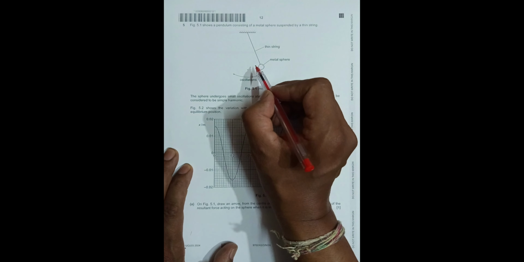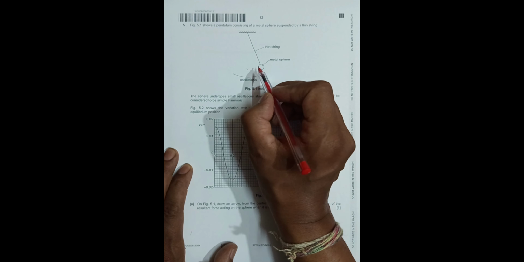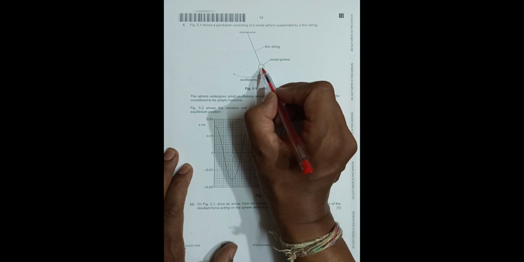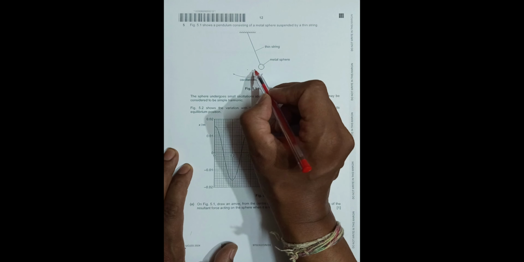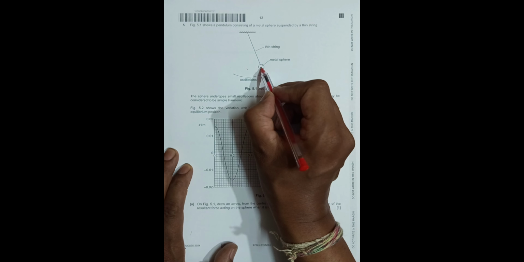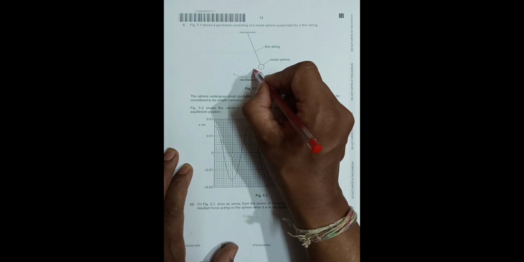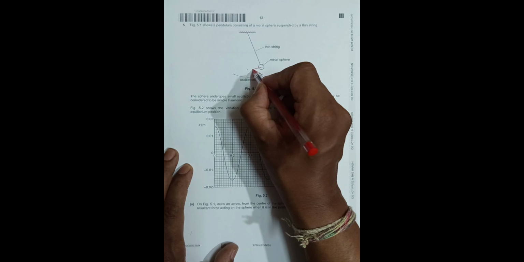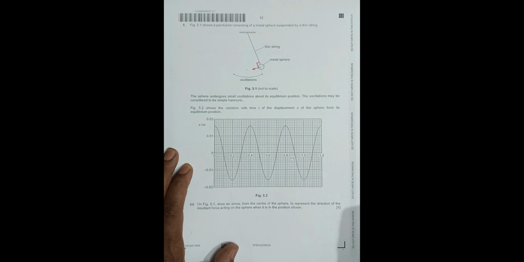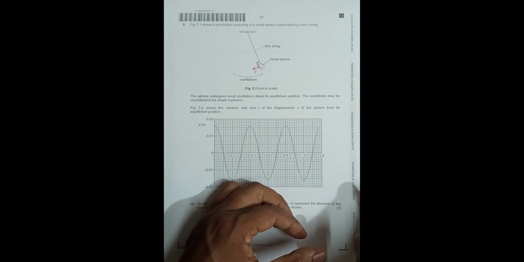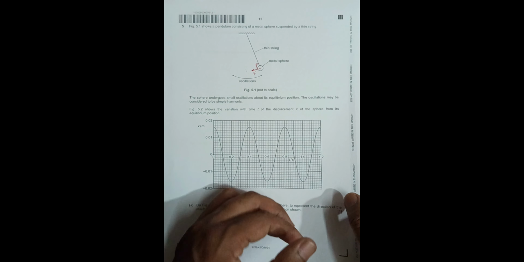When a body is in SHM, the force will be opposite to the displacement. The force will be directed opposite to that of the displacement. So this is the displacement, so the force should be like this, and the direction of the force should be perpendicular to this thing. So this is the direction of the force experienced, like this. Now in the next page we have